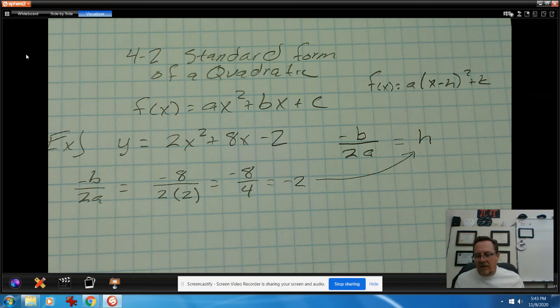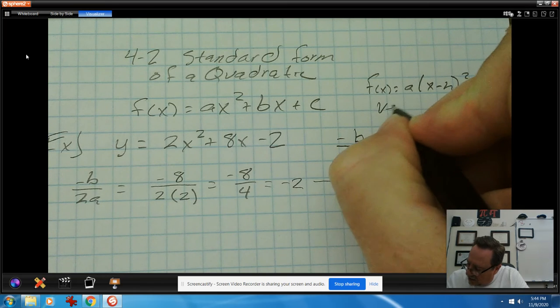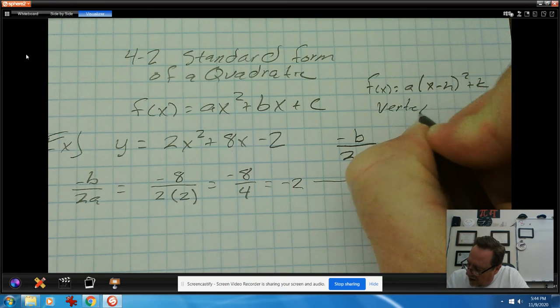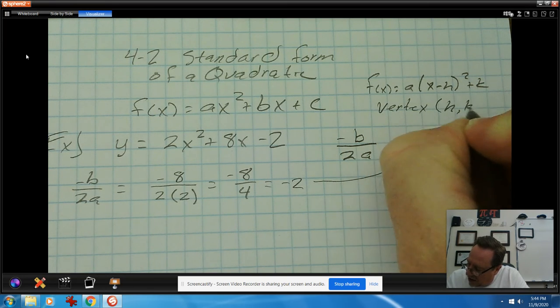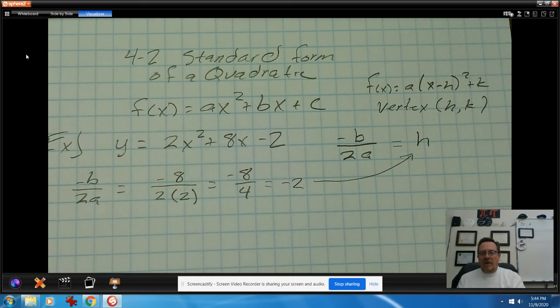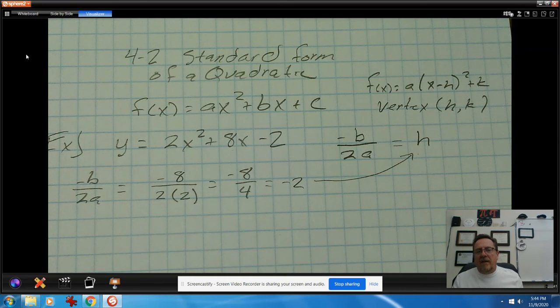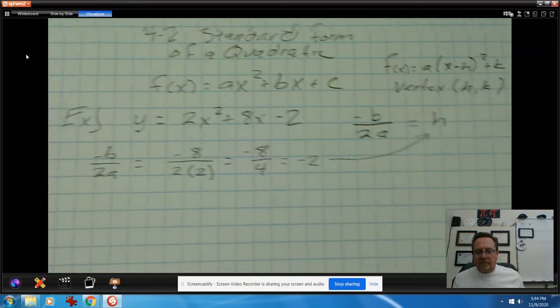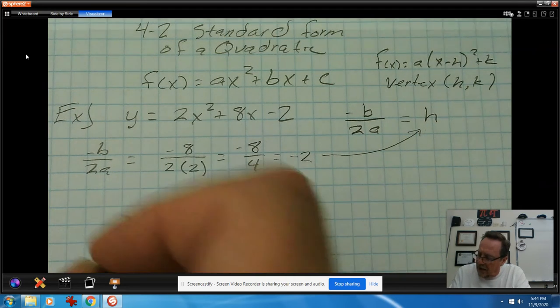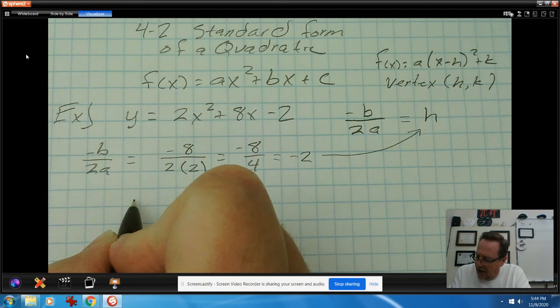We already know what our h is. I wonder how we find our k. That would be the y value for our vertex, because h, remember, is the x value of our vertex. K was the y value of our vertex, with our vertex at h, k, right? So we found our h value. How do we find our k value? Well, there's just no easy way. What we're going to do is say our k value